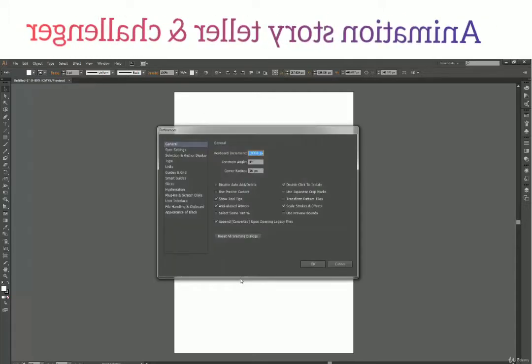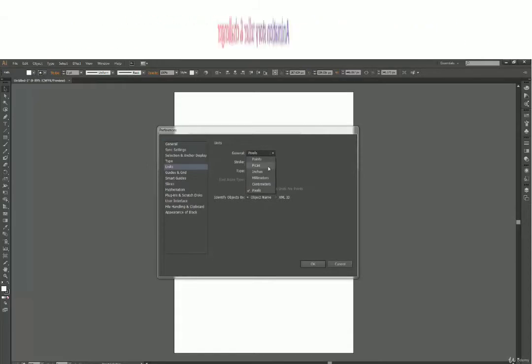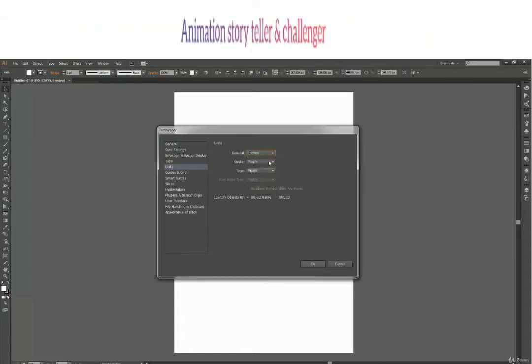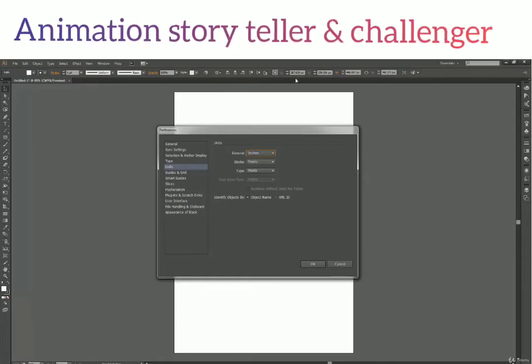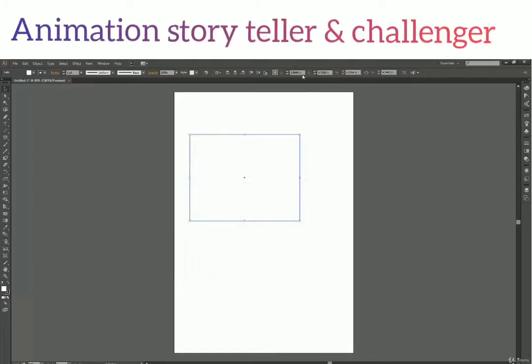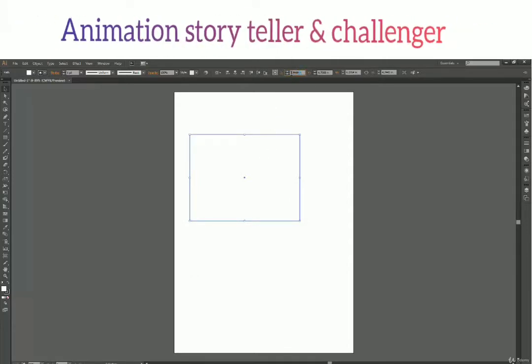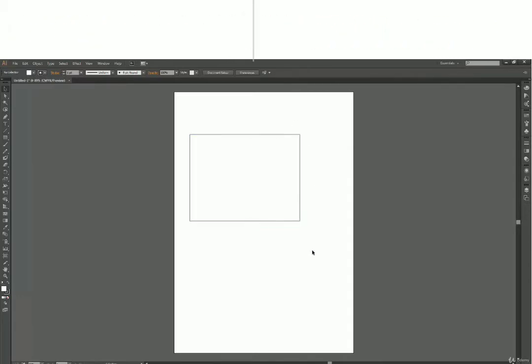Let's press Ctrl K, jump back to units, and instead of pixels, now select inches. Now if you see here, it is 287.629 px. So let us press OK and let's see what changes we get in the x value. So press OK and see my unit has changed to IN, but my value also has changed to 3.9949.